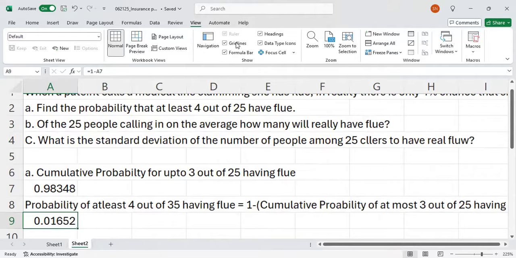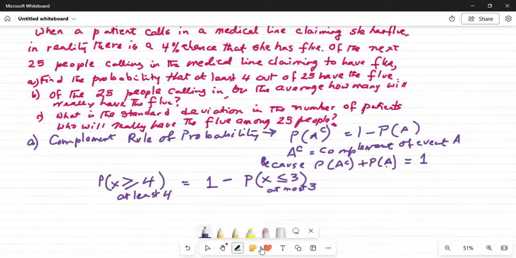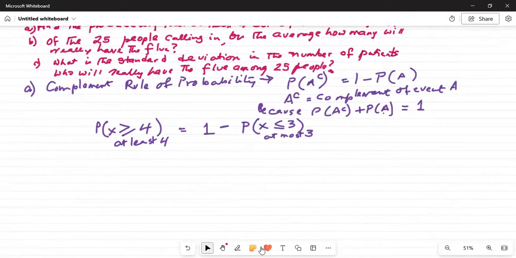Okay, so I will switch the screen back to my whiteboard, and it says: of the 25 people calling in, on the average, how many will really have the flu? So, if I move my screen a little bit off and then use the pen, part B basically,